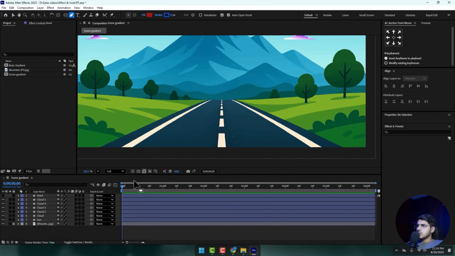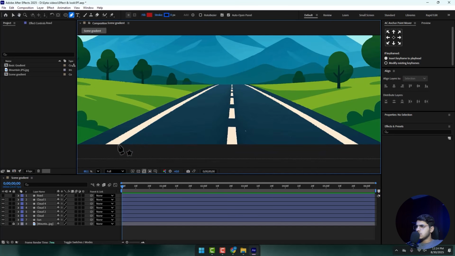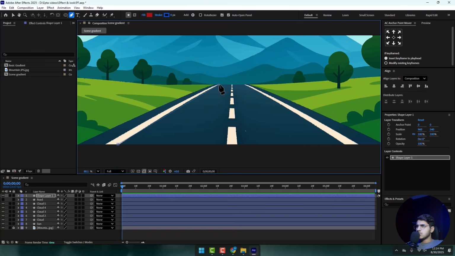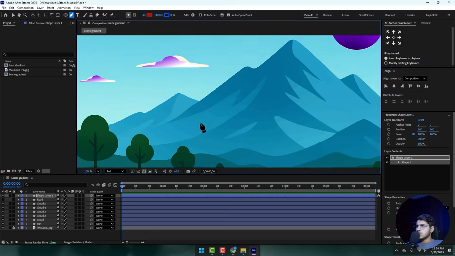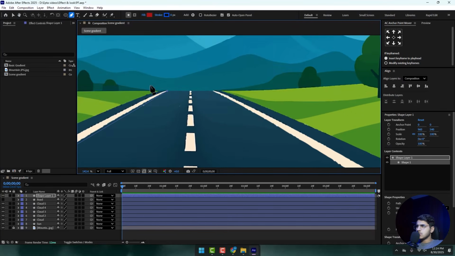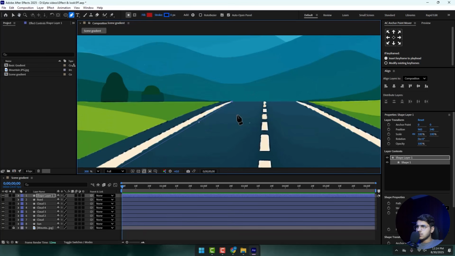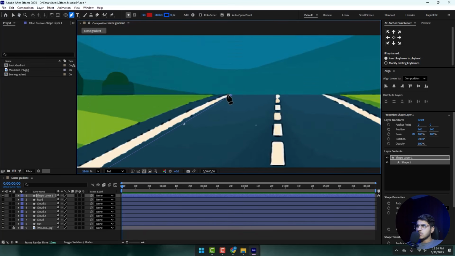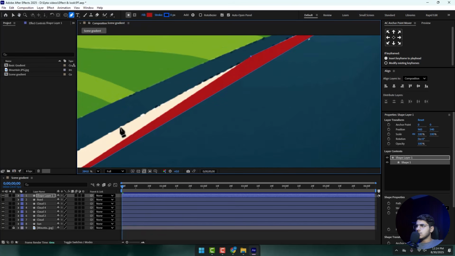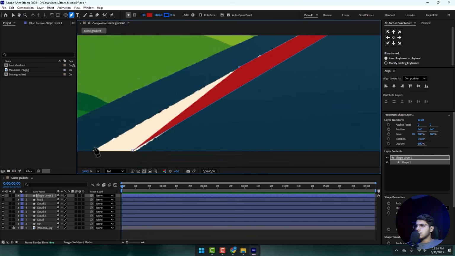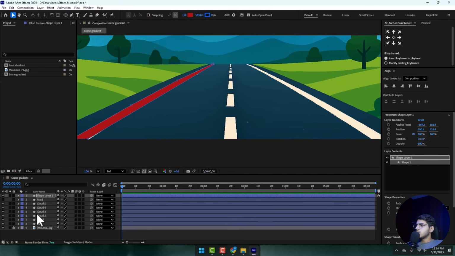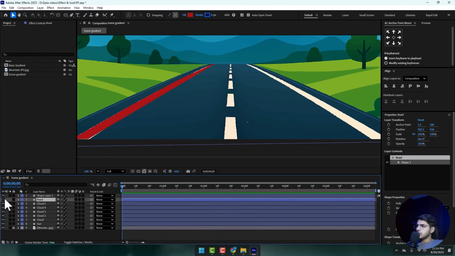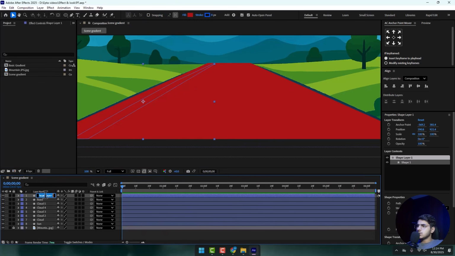We need these stripes. Make sure it's a different color so it will be easier for us to see. Stripe 1,